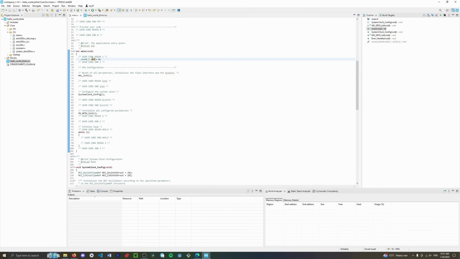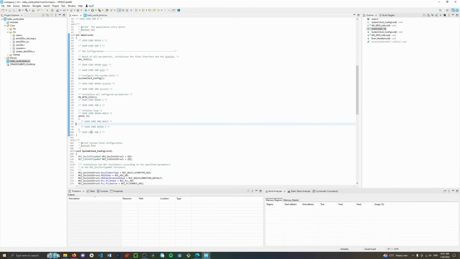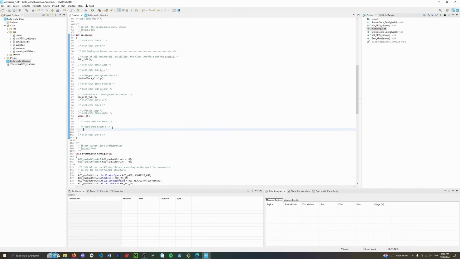I don't actually need a variable in this, so it's just something to keep in mind. What I need to do is come down here, and in this user code begin bit down here, turn my LED on and off, and add in the delay so I can see it as well. So what I need to do is look for,